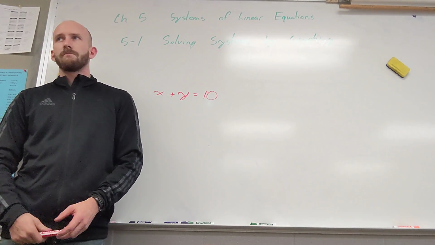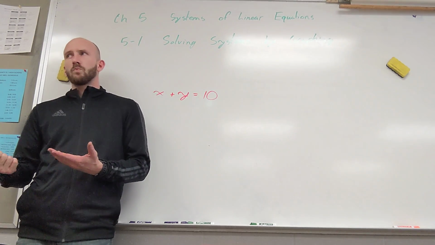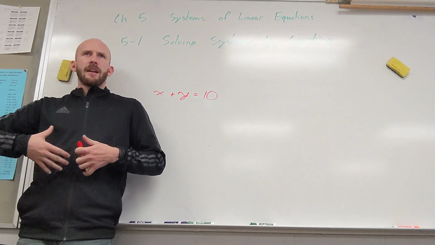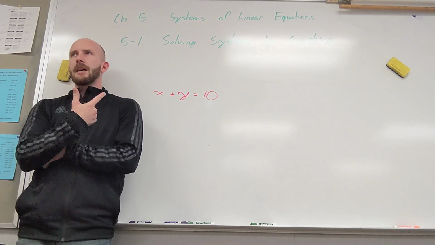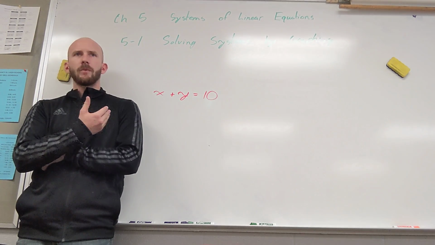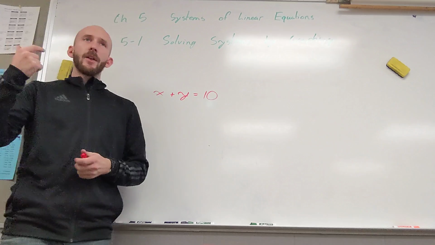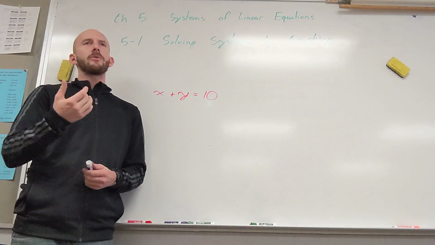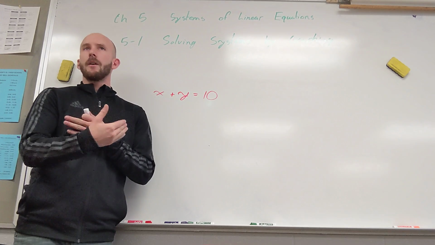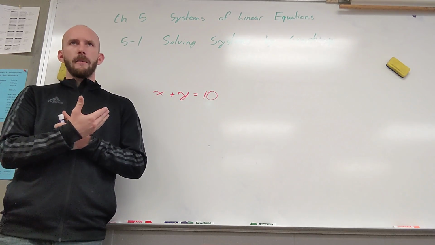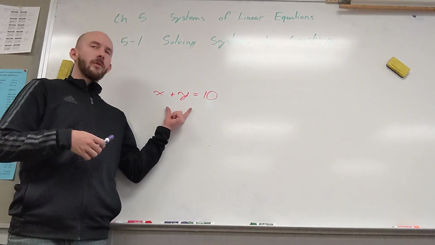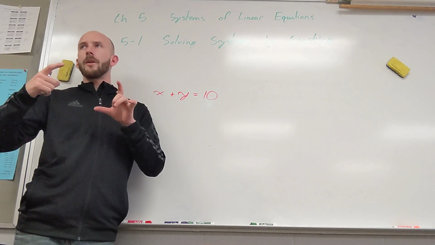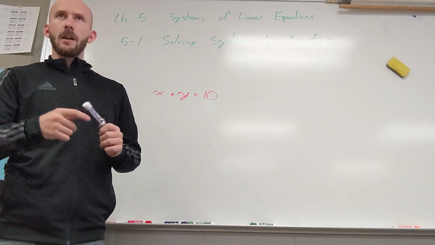It could be y equals negative x plus 10. Well, that would just be solved for y. But is there a set answer to that? No. But when we talk about an ordered pair as a solution, remember a solution is a value or values that make it true. So if you have more than one variable, your solution is going to have more than one part to it. So for example,